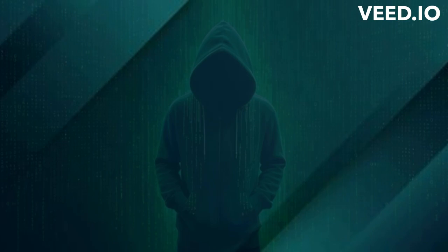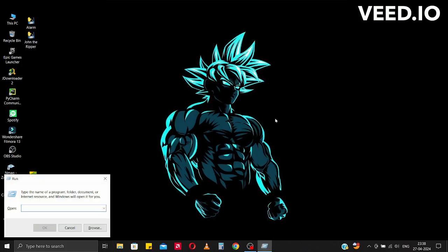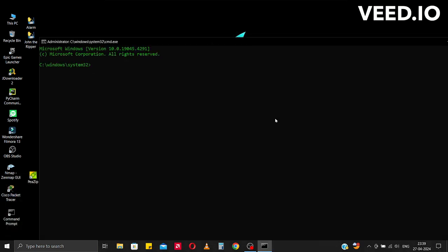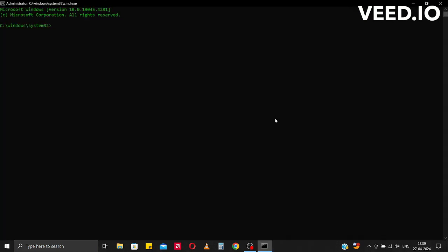So let's get started. To open the CMD, we are not going to use the conventional method. You have to press Windows plus R and type CMD. To run the command with elevated privileges, we are going to use a shortcut key, which is Ctrl Shift plus Enter. After pressing the shortcut key, we are going to run the CMD with elevated privileges, and our first command